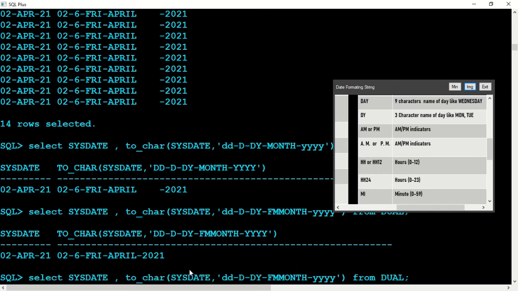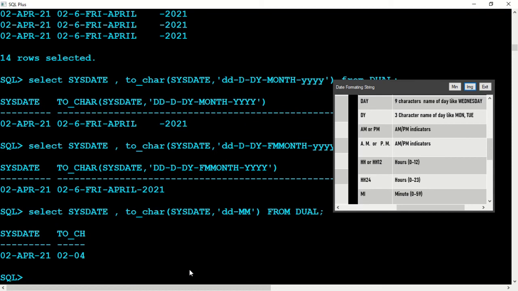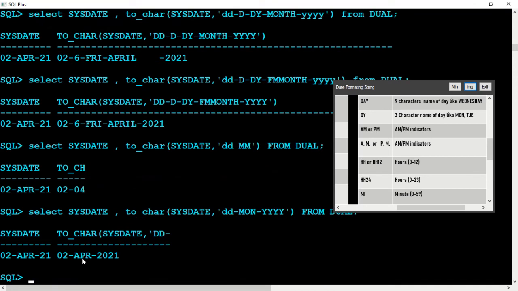If I say DD-MM, it shows the day and the month. If I say MON instead of MM and YYYY, this will give 2nd April 2021. Today's date, the system date, is 2nd April 2021.